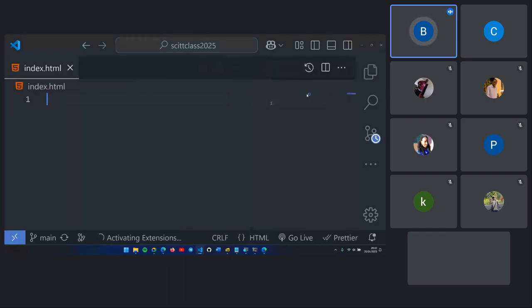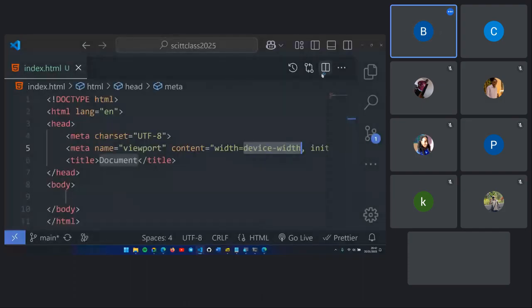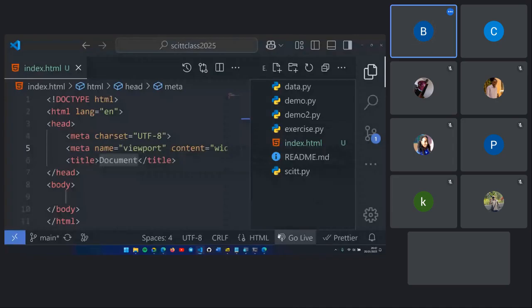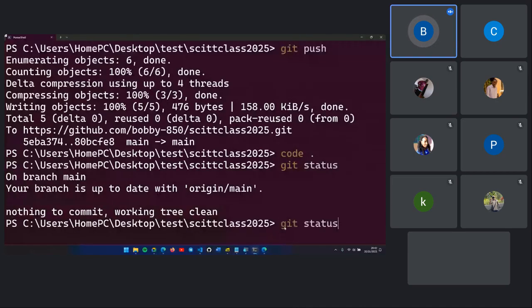Okay, we put a boilerplate there as usual, and you can see it is written U. The extension that we have is writing U. So this means that this file is untracked. So if I come here and